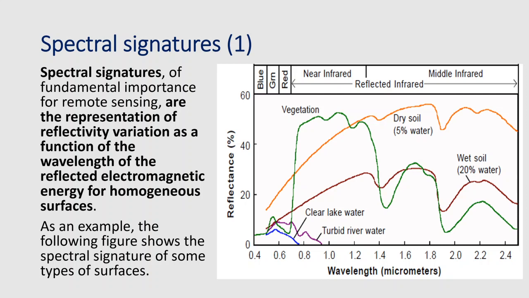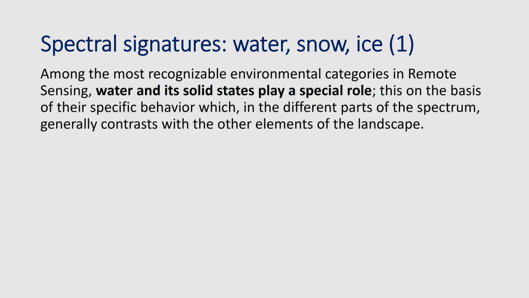So there's really nothing more to say concerning the general behavior, but we have more to say if we are interested in checking which are the classical spectral signature for particular materials or surfaces. So, for example, now we can start to check more in depth spectral signature, in particular spectral signature, as you can read here, of water, snow, and